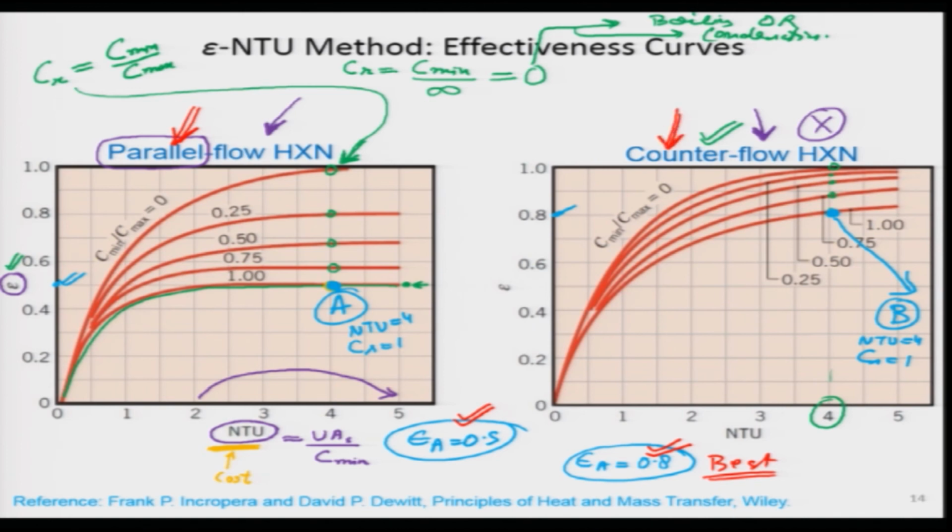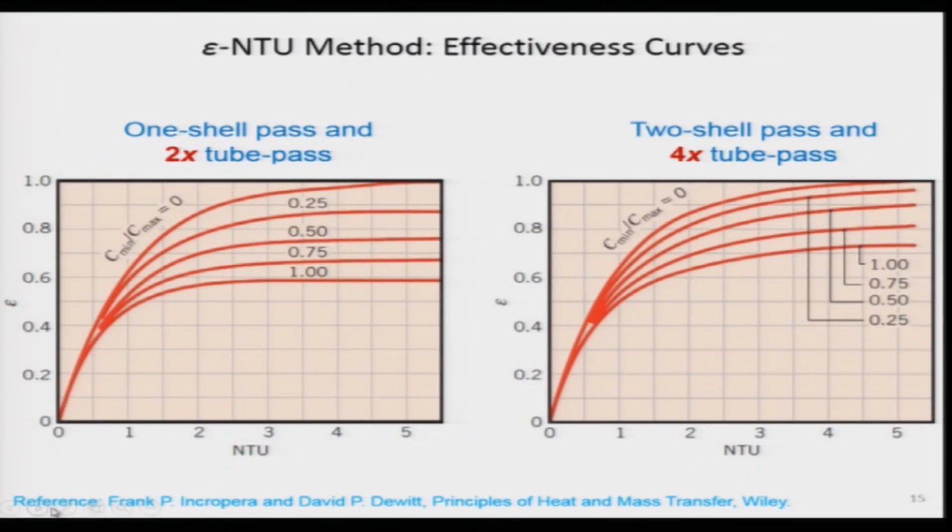I hope this concept is now clear, how to look at these curves, how to figure out the values. We just look at over here and we can figure out, if we know two things, either NTU or CR, we can calculate the value of epsilon. I think this is very straightforward for engineers. Now, we see the difference between, we were talking earlier, one shell pass and two shell pass with multiple tube passes over here. So, what is going on over here?